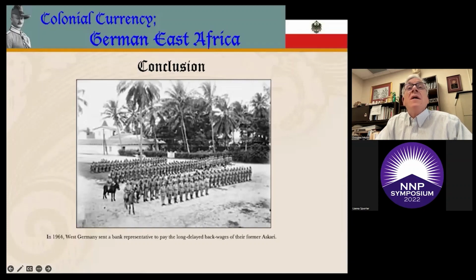I've never seen one, but what the soldiers did was they provided pieces of their old uniform in some cases. Some were unable to do anything, and this is where you get the banker who had brought the money coming up with the idea of having each claimant step forward and go through the German manual of arms to prove that they were indeed former Askaris. And with that, we will close our exploration of the history and money of German East Africa.